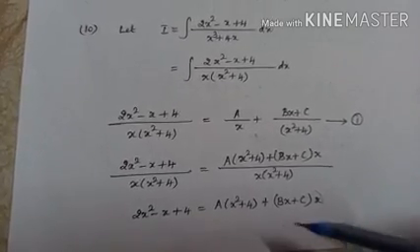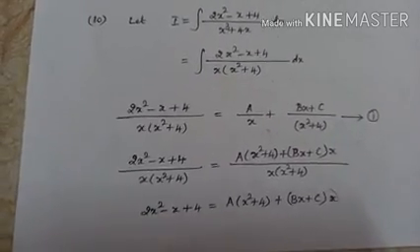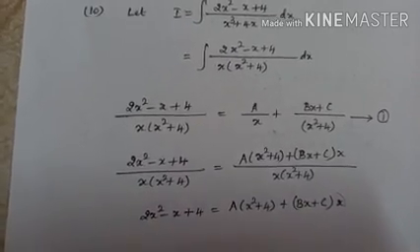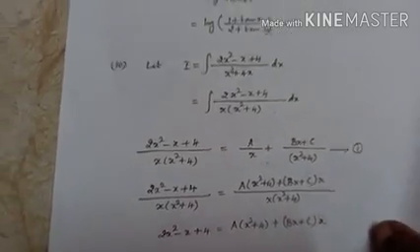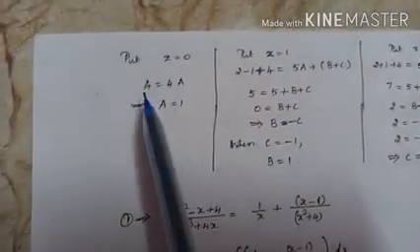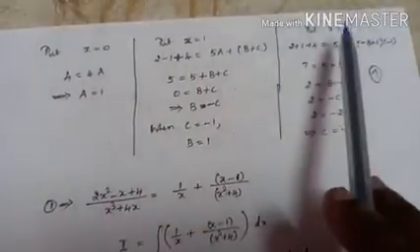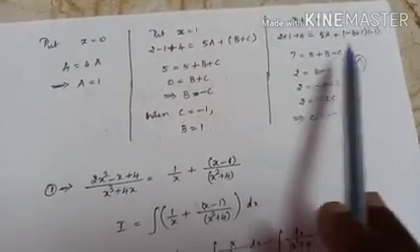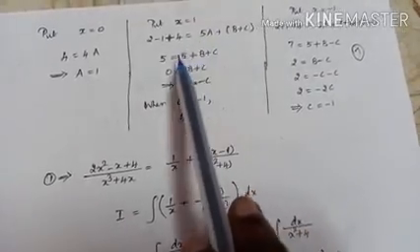So put x equal to 1, you will get one equation. It is your choice of giving value to x. I choose 1 and minus 1 because they are simple. Already 0 is given, so put x equal to 0. So A will be 1. Put x equal to 1 both sides. Put x equal to minus 1 both sides. Substitute the value of A.